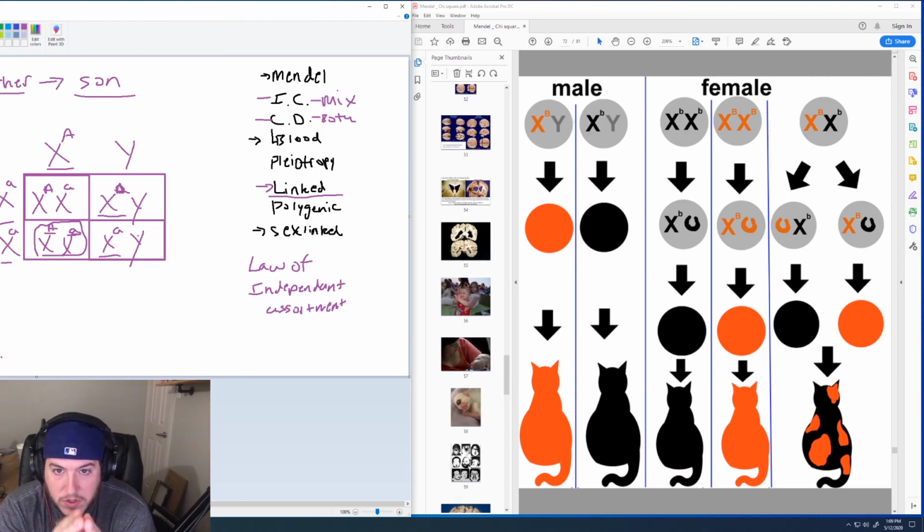Okay, so that covers Mendelian genetics, incomplete dominance, codominance, blood types, pleiotropies, linked traits, sex-linked traits, and the law of independent assortment. That covers most of what you're going to see from the genetic standpoint. You're probably going to see this material linked with what you know about DNA, what you know about transcription and translation, and what you know about genes and gene regulation. So this information is pretty simple, especially because you've seen it twice now in pre-AP and in 7th grade, but